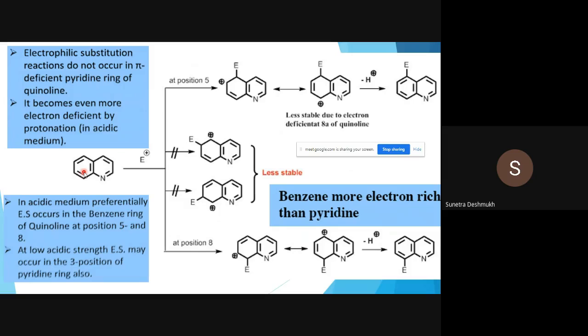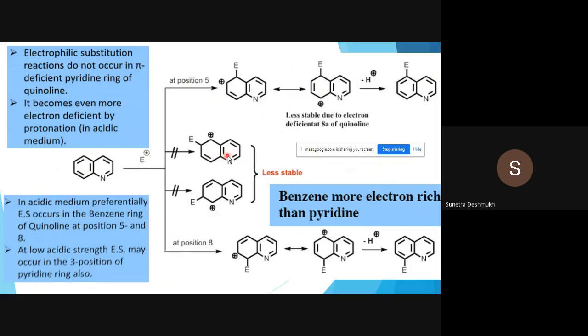So obviously electrophilic attack, we do show attack on the benzenoid ring over here. Okay, so first we will see when the electrophile will attack at the fifth position. The fifth means in this position. So when the electrophile attacks at the fifth position, it leads to two different resonating structures. Okay, so pay attention over here. And when the electrophile attacks at the sixth position, okay, this is the sixth position, so only one resonating structure forms.